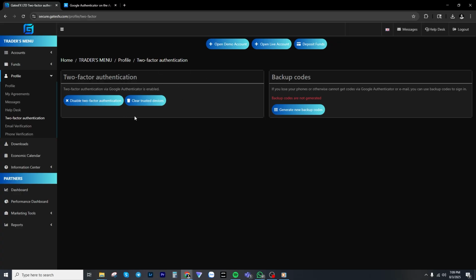While it is not required, we recommend all of our traders to enable two-factor authentication on their account for the